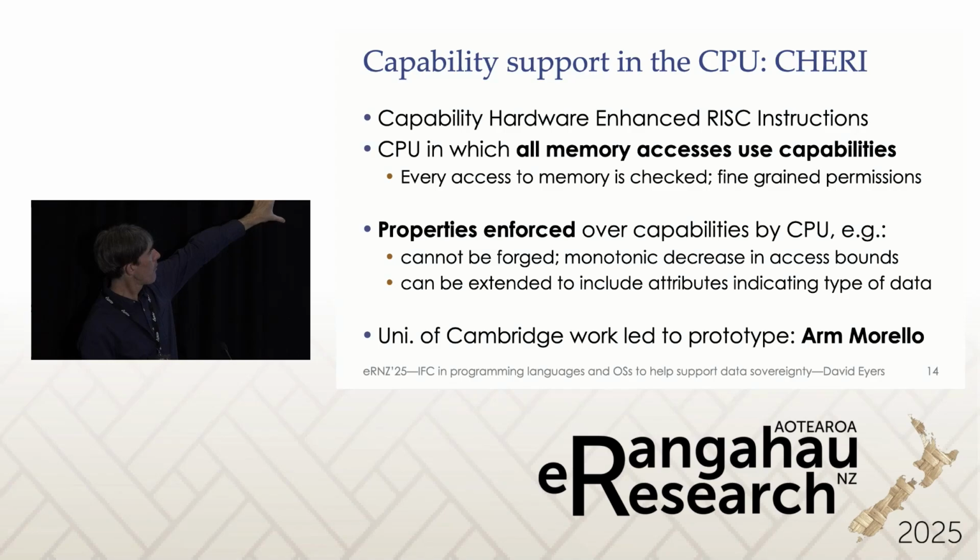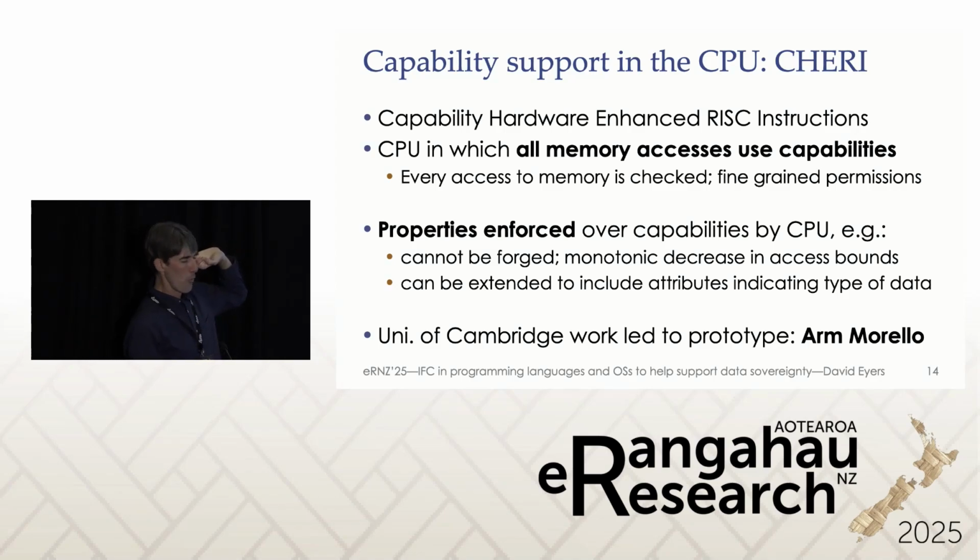And so what interests me is it's a very elegant system. It's got the ability to have these constraints. Once you've got a capability, it's enforced that you can't forge capabilities. Essentially, if you try to touch them with code, they get destroyed. They're not capabilities anymore. You've got the ability to allocate someone access to an area of memory, and then they can go and make other capabilities, but they can only ever make capabilities to smaller ranges of memory. So you get this really nice hierarchical property in terms of the safety of access.